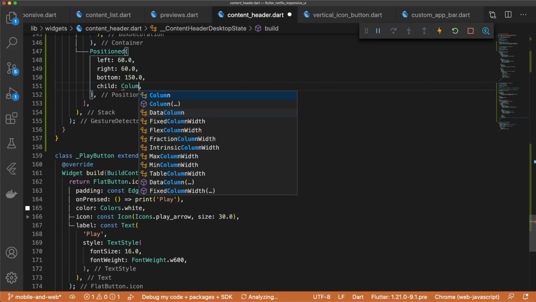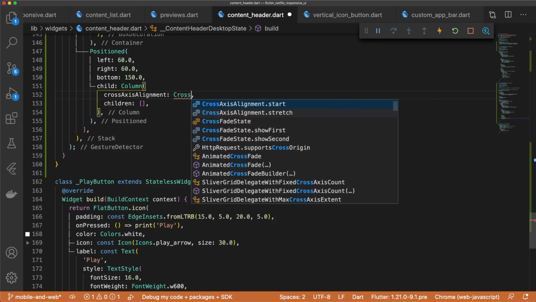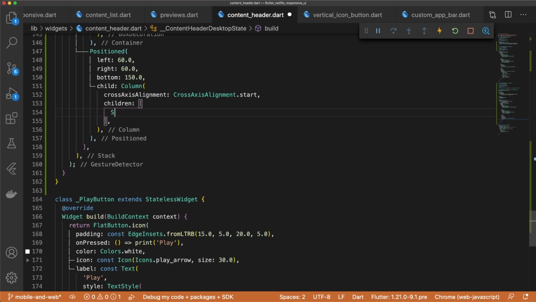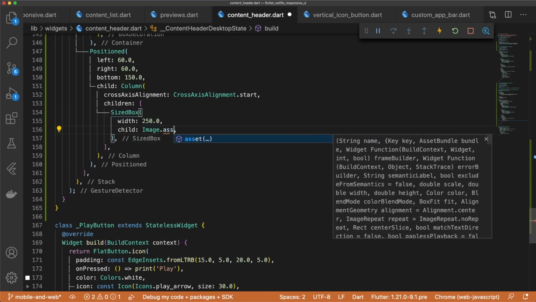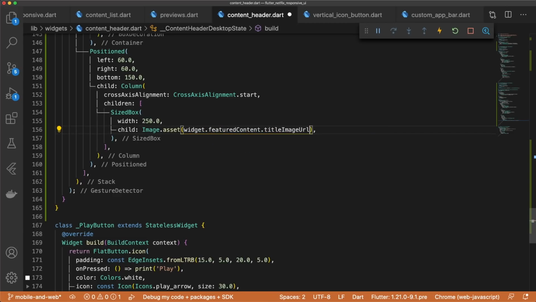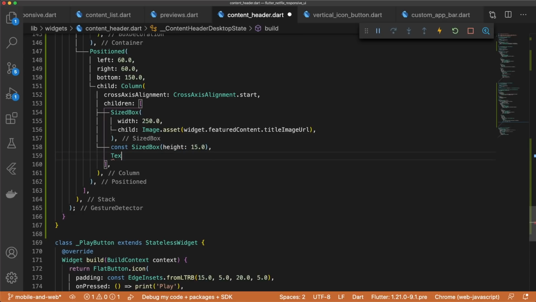The child will be a column with children, cross-axis alignment dot start. And first we need to display the title, so size box, width 250.0. The child is an image.asset, widget.featuredcontent.title image URL. We'll have spacing with a size box, height 15.0. Next we'll have a text widget,